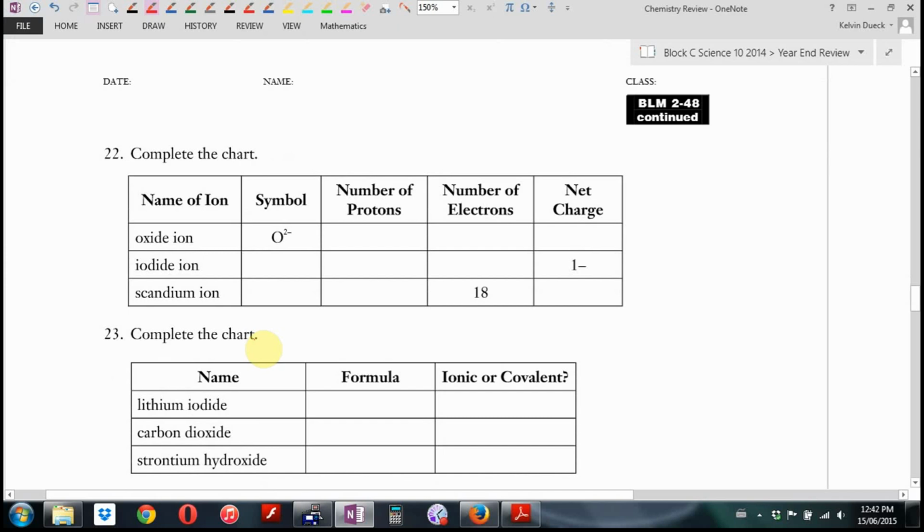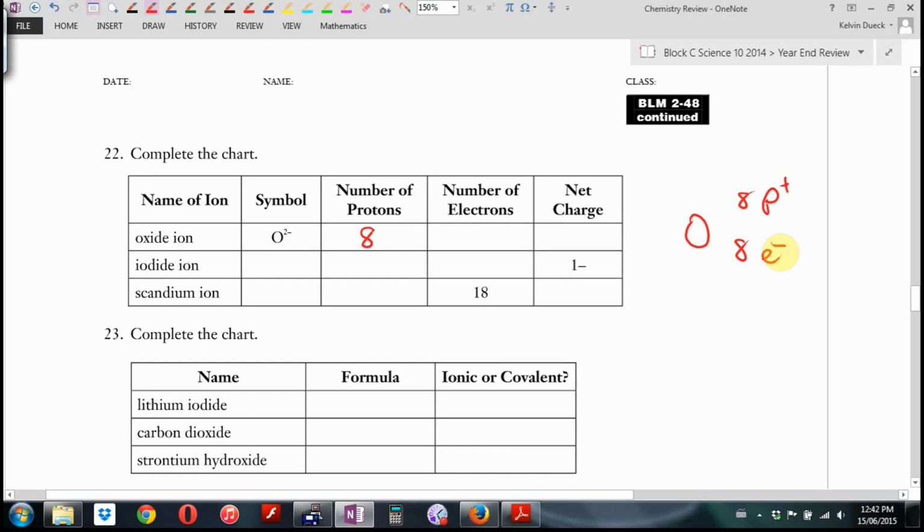Complete the chart. Okay, now we're talking ions, ions, ions, and ions. An oxide ion. Symbol O with a little 2 negative. How many protons? 8. That doesn't change. Oxygen has 8 protons. How many electrons? Normally, yep. I'm going to talk about that in a second. So normally for an atom on the periodic table, oxygen has 8 protons and 8 electrons because oxygen is neutral